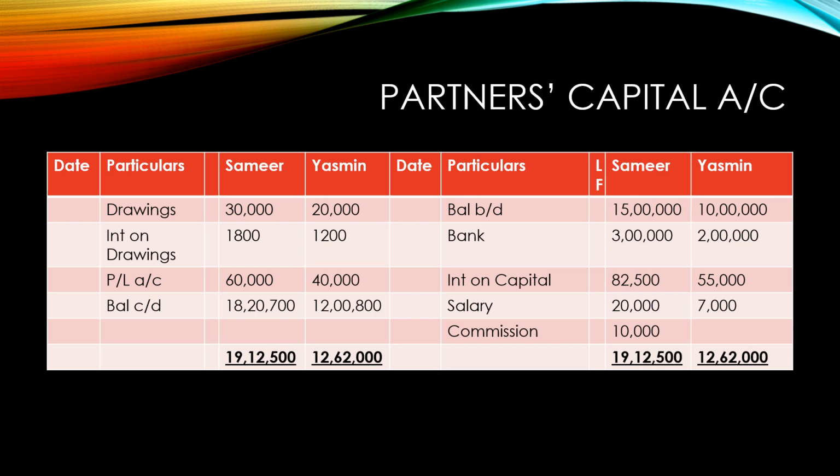So this fluctuating method is usually followed in all the questions. Until and unless it is specifically mentioned that partners are maintaining fixed capital accounts, we will follow the fluctuating method only. So please revise this question, and you can do the unsolved question 1 which is there in your